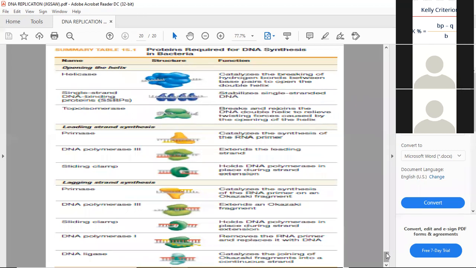And then of importance also is for you to know the enzymes and proteins that are involved in DNA synthesis, or in DNA replication, and be able to know what they do during DNA replication. So we've talked about what helicase does, what single-stranded DNA binding proteins do, what topoisomerase does, what primases do, what DNA polymerase does, and what DNA ligase does. So you need to know their functions during DNA replication. Do we have